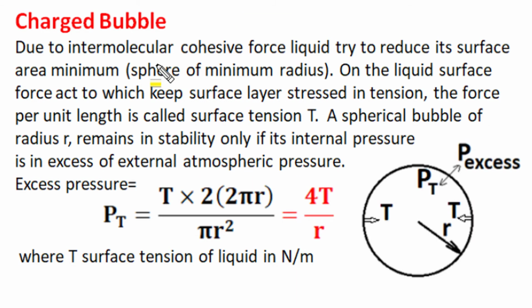If a flexible liquid surface such as soap solution forms a bubble, and if that bubble is charged, then we can find the surface charge condition of that charged bubble in terms of pressure exerted by surface tension. So first understand what surface tension is on such soap solution bubbles. As per molecular behavior, due to intermolecular cohesive force, two nearby molecules attract. The liquid tries to reduce its surface area to a minimum size, and for a given internal volume, for a minimum surface area, the bubble will form a sphere of minimum radius.